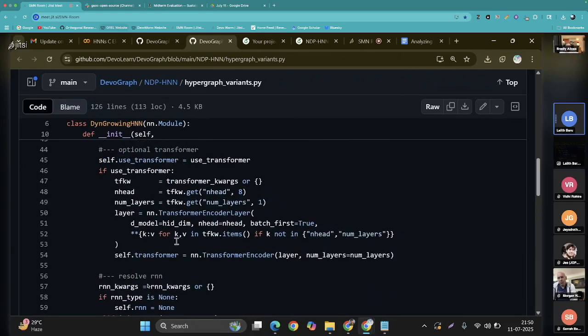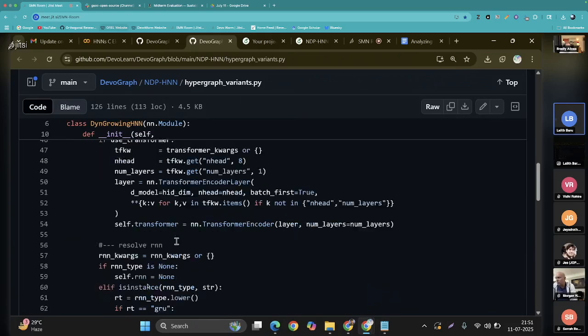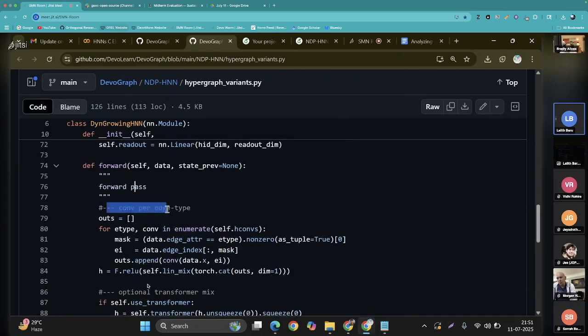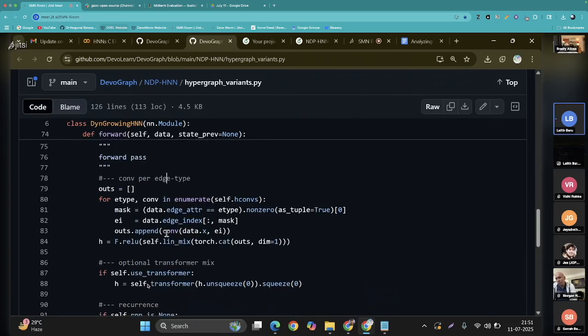Also, I thought that in the future, because transformers and large language models, the foundation models, are playing a crucial role, adding transformers into the pipeline itself might help us. So I added the transformer part too. I have created an end-to-end pipeline where we first have convolutions, with the lineage information extracted from the hyperedges and the spatial XYZ coordinates extracted from each and every hypernode, and these are passed into, as an optional block, the transformer.